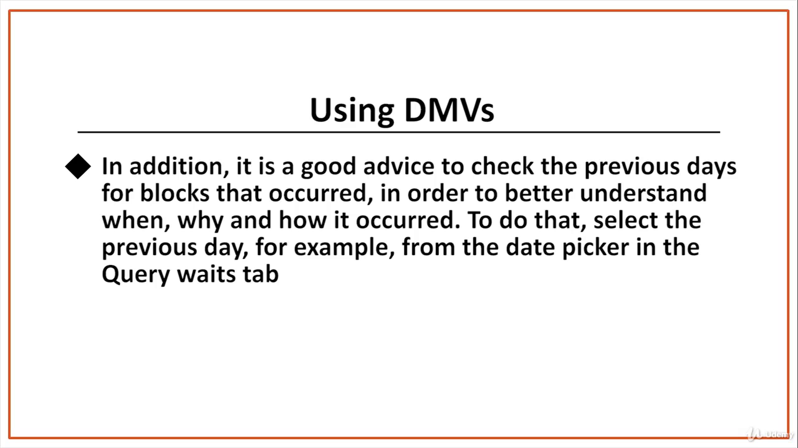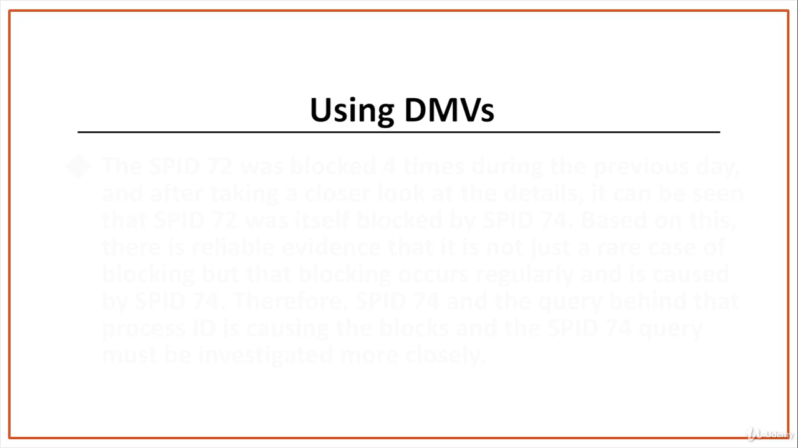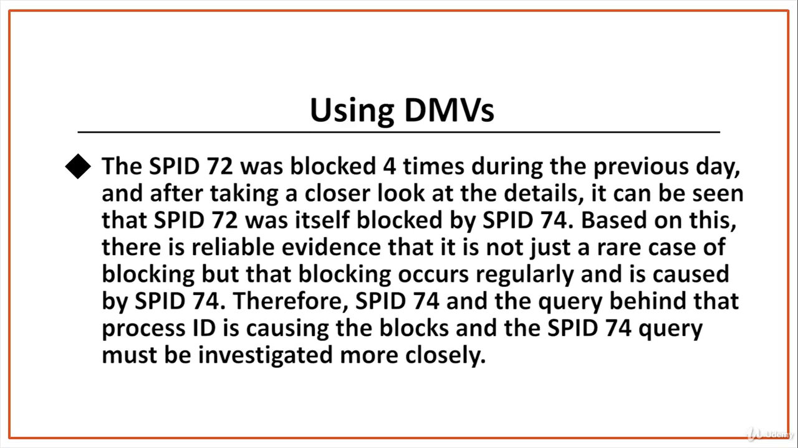To do that, select the previous day, for example, from the date picker in the Query Weights tab. SPID 72 was blocked 4 times during the previous day, and after taking a closer look at the details, it can be seen that SPID 72 was itself blocked by SPID 74. Based on this, there is reliable evidence that it is not just a rare case of blocking, but that blocking occurs regularly and is caused by SPID 74. Therefore, SPID 74 and the query behind that process ID is causing the blocks,